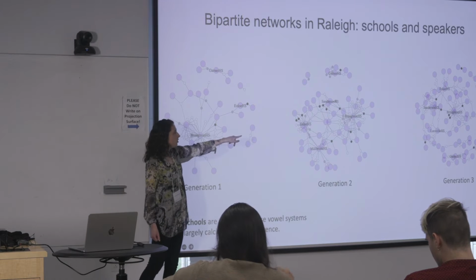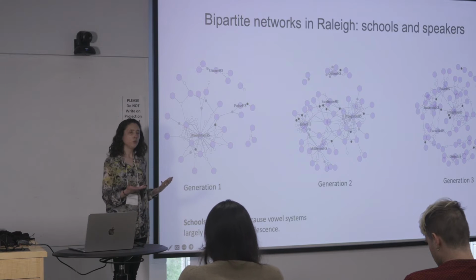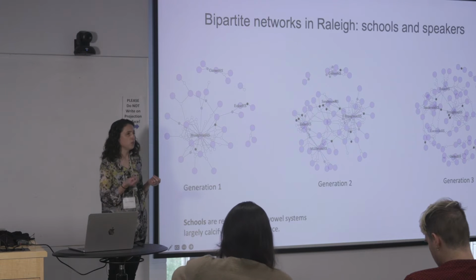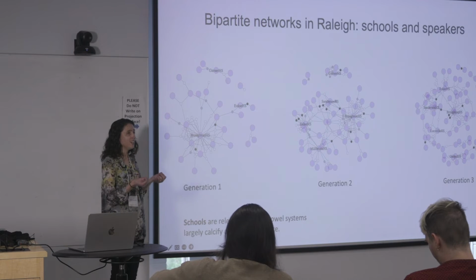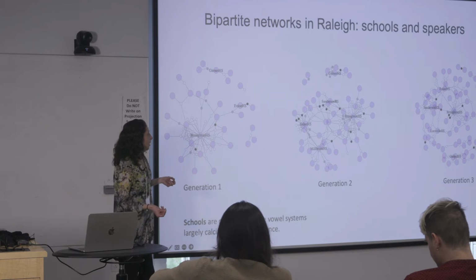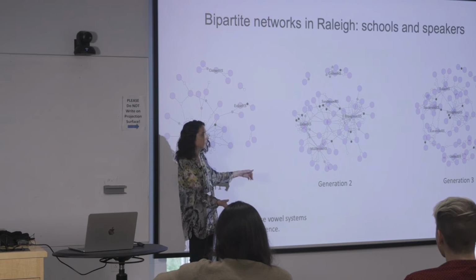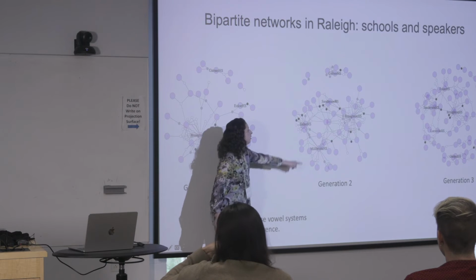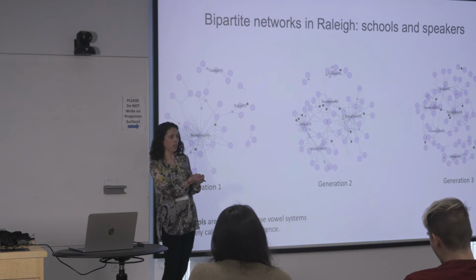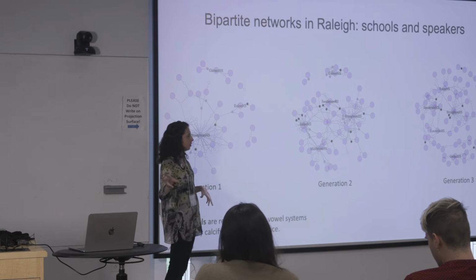Okay, and then when you go to generation 2, that's people born between 1950 and 1965. Those are people who were growing up during the first period of language change. They were also the first generation in Raleigh to attend integrated high schools, and the first integrated high school was Enloe. The people who went to Enloe here, you can see there's more of them by this time. That's because a magnet program had started where you didn't have to go to your base schools anymore, right? You could go elsewhere in the city.